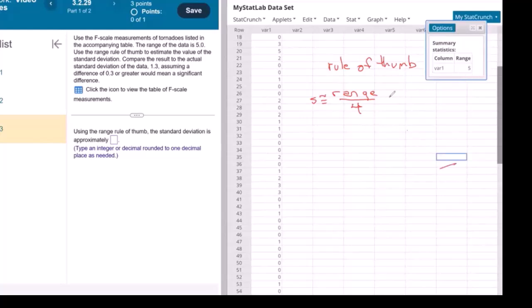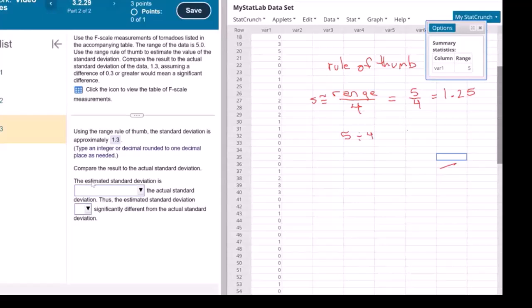This is equal to 5 divided by 4. And in decimal, that's 1.25. If you're not sure how to do that, you would do 5 divided by 4 on your calculator. Check answer. Compare the results to the actual standard deviation. I can just go right back up here and hit Options,